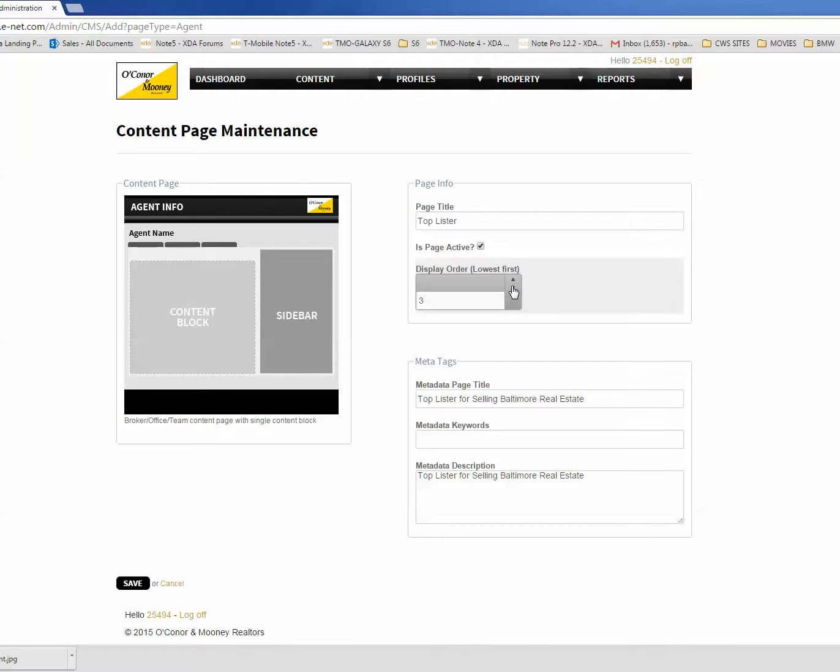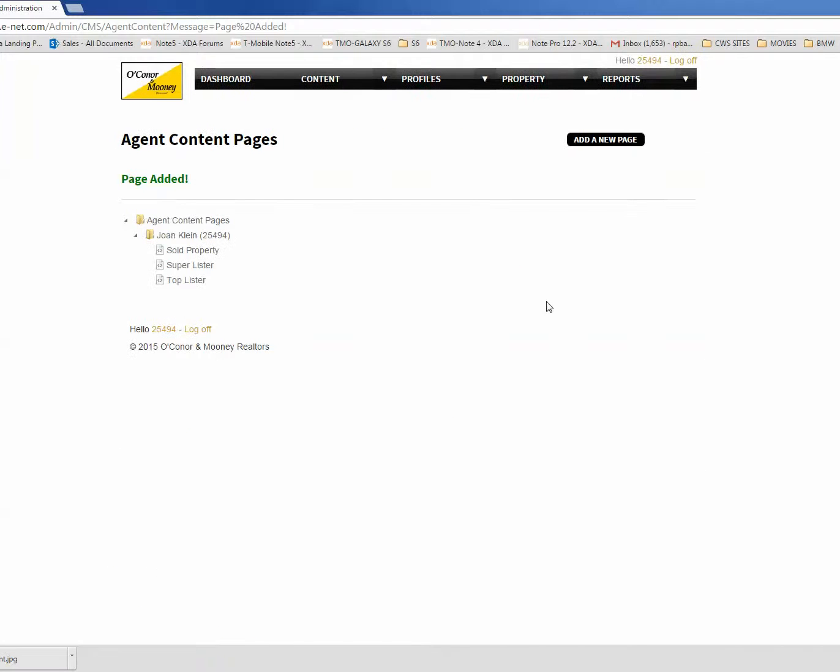So either number 1, and that's going to be the first custom page that's available, or if you've got 4 or 5 pages, you could make it later in that list if you choose 3, 4, or 5, for example. I'm going to leave it at number 1 for now, and I'm going to click Save. And you'll see as soon as you've done that, the page is now added to this little tree of additional pages, this menu of content pages,